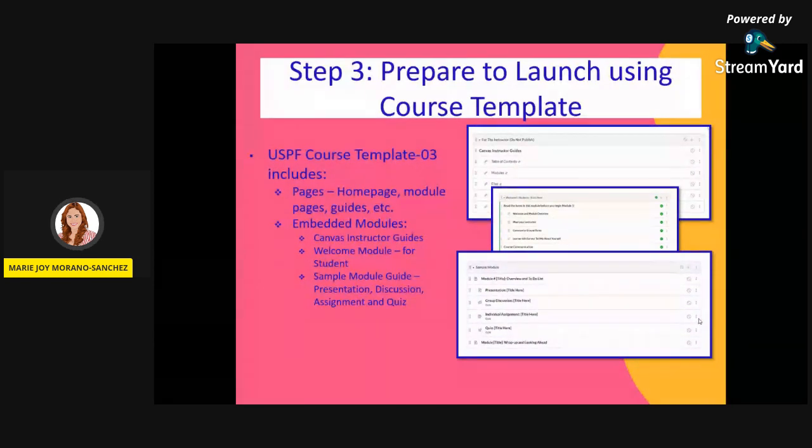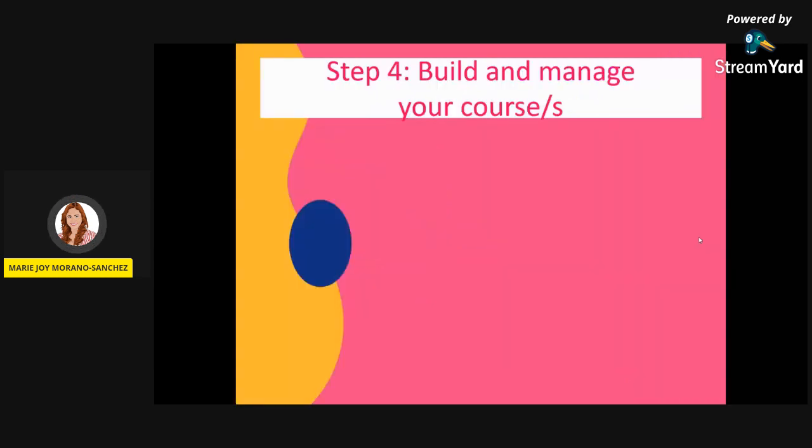To use this, you have to duplicate this module, and then you start building it. Whatever you plan, you do it in a way that you can publish it later, so you have a lot of time to prepare. I'll be providing a video tutorial for this, focusing on the sample module guide for your reference. Okay, step 4. Now that you know the resources, you already planned, and you have launched and applied the course template,